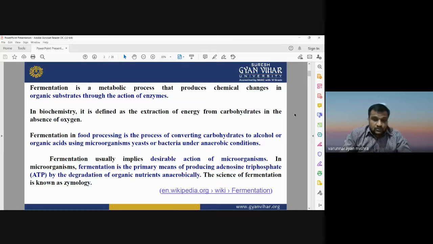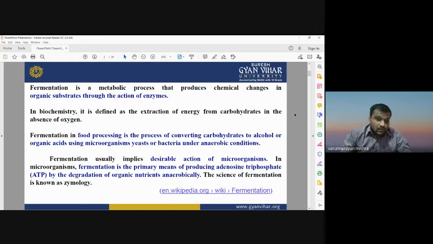So fermentation is a process of the conversion of carbohydrates into energy using some kind of enzymes. That enzyme may be any kind of bacteria, it may be any kind of chemicals. The entire process is known as fermentation, and the study of the fermentation process is known